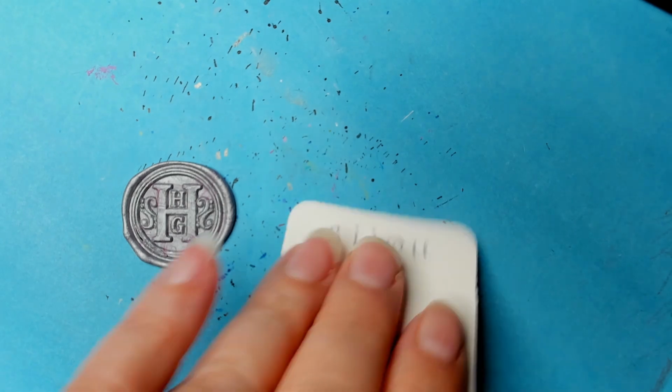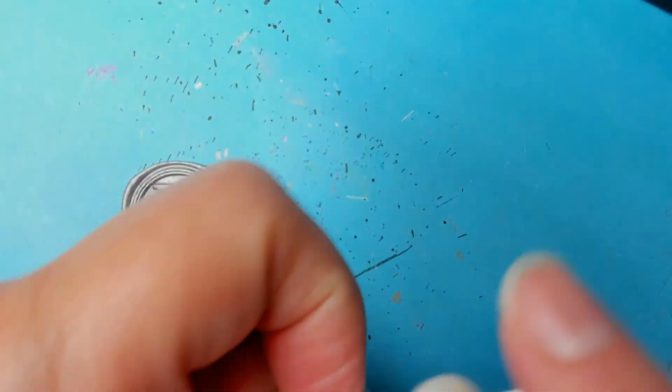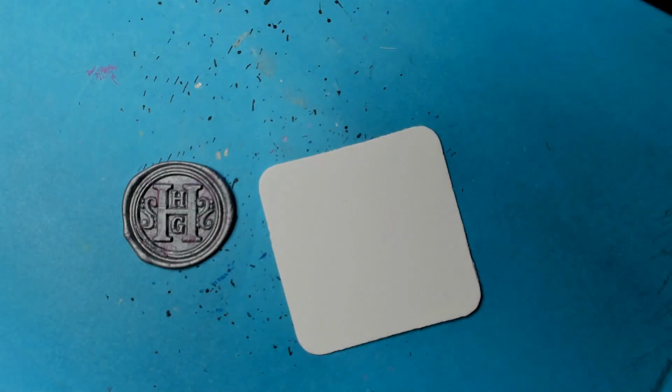Okay, this is an interesting tangle. It's cute, it's easy, and